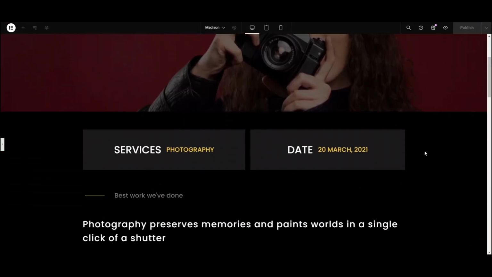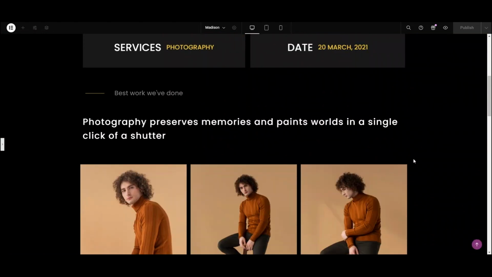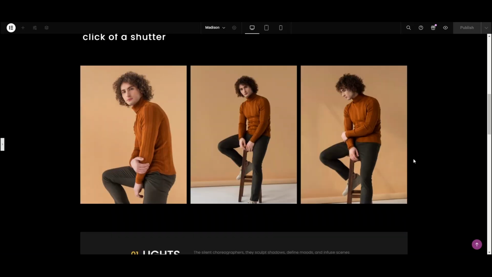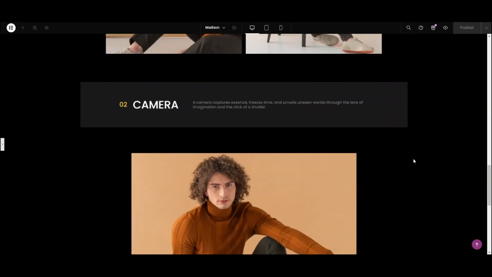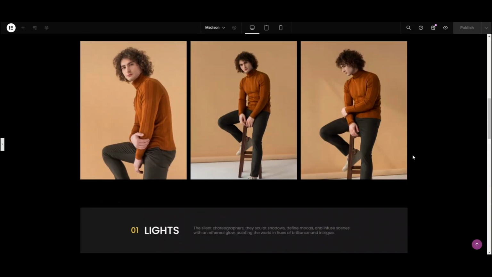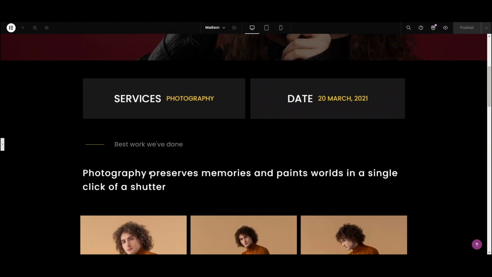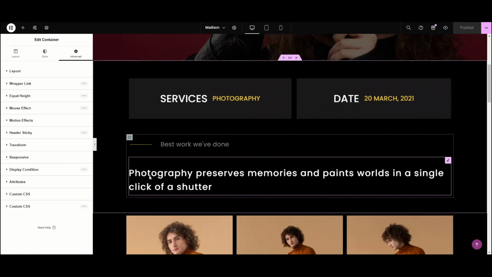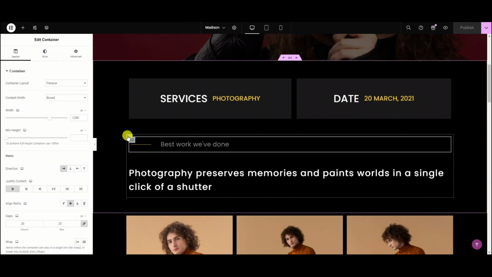Now let's scroll down and have a final look. I mean, wow. But wait, I think this area is so congested. I think we need to add some space. We can add a space, a gap, by using padding or margin. We can also add a column and row gap. So click on the container.